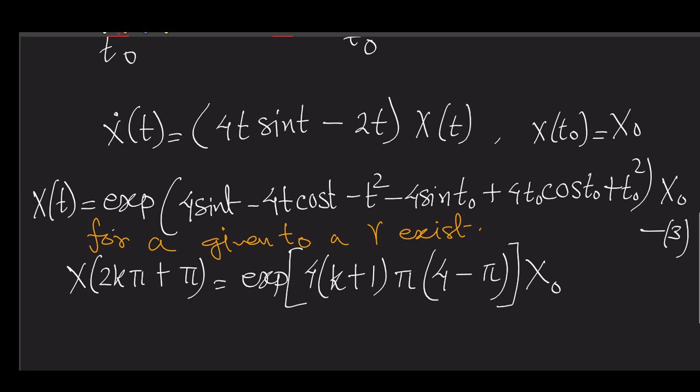For a given t naught, the gamma exists, right? But then what is the problem here? The problem is that it is dependent on your